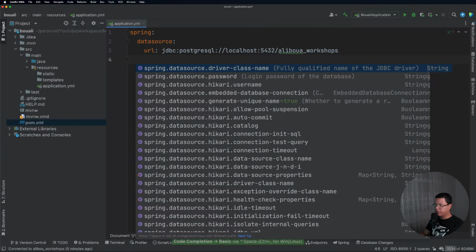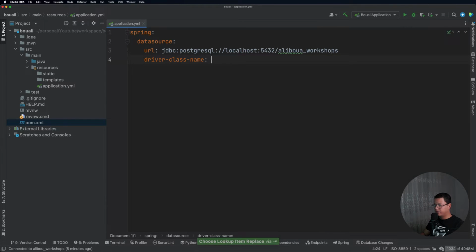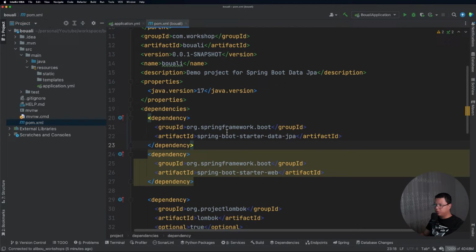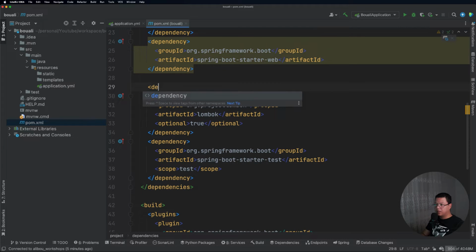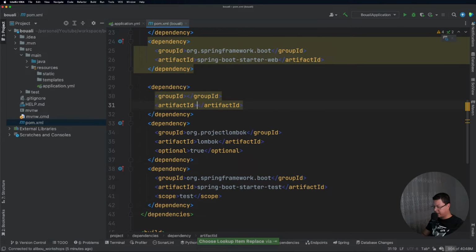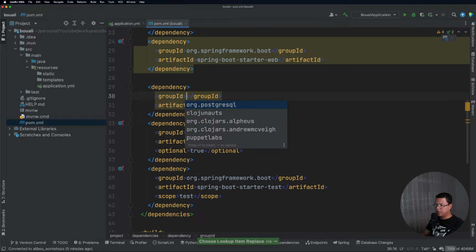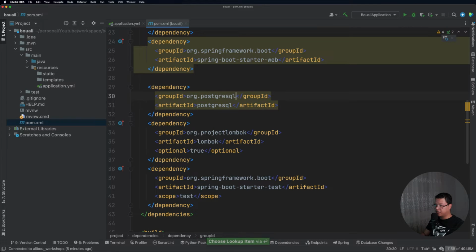Now we need to provide other information. We forgot one thing. We forgot to add the driver class name, but we will add this dependency right away. We want to connect to a database, so we need to provide the dependency for that. So it's PostgreSQL, org.postgresql.